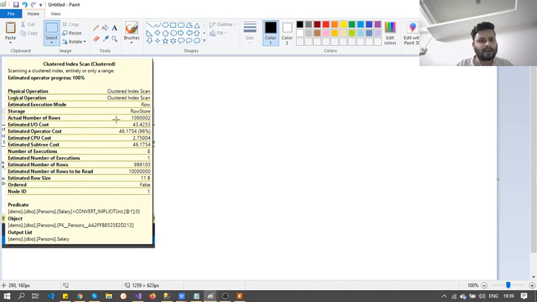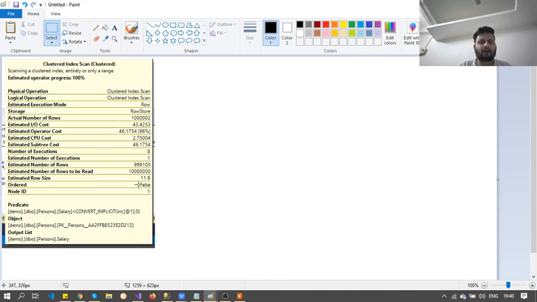If you see, the clustered index is scanned, so the query is very good. But how many records are read by the system is the real thing. The number of rows to be read is 1 crore, and the output is only 10 lakh 2 records.